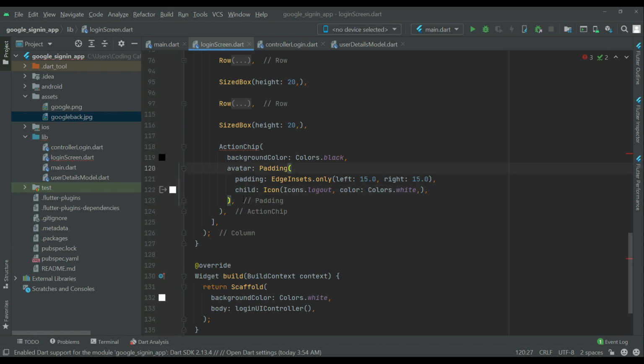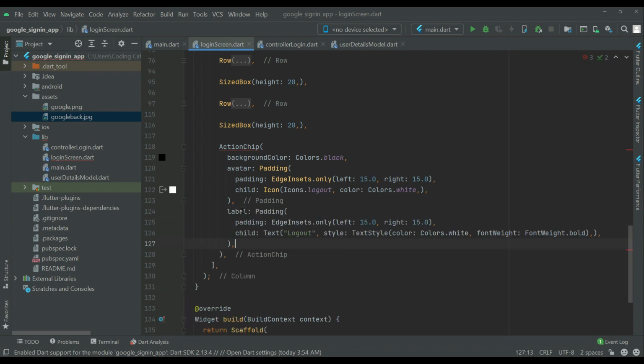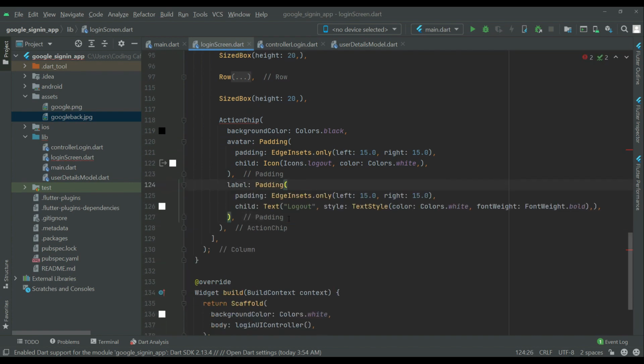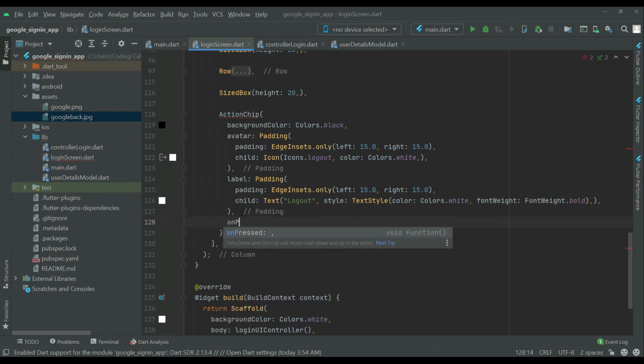Now after the avatar we can set the label for this action button. After the icon we can say label, and label some padding, and then we say child Text logout button, and we apply some text style on it. So our avatar, which means our icon, then our label,